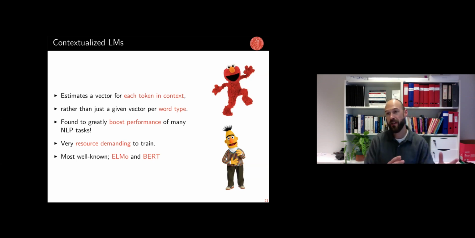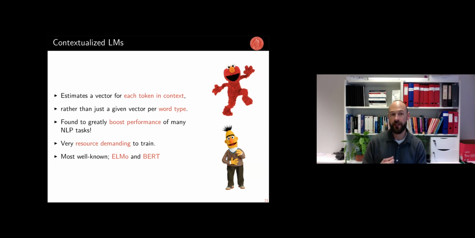The main difference from traditional language models is that where a traditional language model would estimate a given vector for each word type in your vocabulary, contextualized language models dynamically estimate a vector for each given word token, each occurrence of a given word in the context that it occurs. So there's no single fixed vector for each word type, rather each individual occurrence of a token will have its own